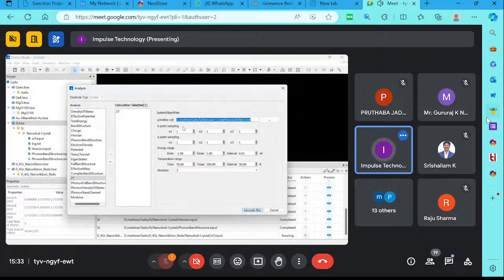And if you want to change the K point sampling, you can change it here. If you want to change the Q point sampling, you can change it here. If you want to get data in between some energy ranges, you can put the values. If you want to see your data in a specific temperature range, you can also set that, and we'll click on